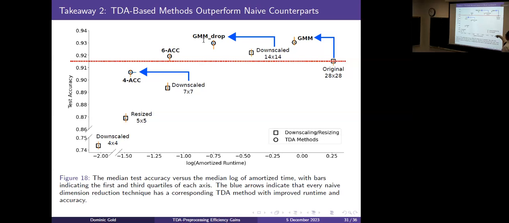This red line is meant to ease the analysis. I don't want to really consider you if you're below the accuracy of the original one. So we put that there just as a visual break so that you can see everything above it. But yes, every single one of the non-TDA methods has a method in the TDA space that absolutely beats it in terms of timing, and at the exact same moment is more accurate as well. So that was one really nice take, and that's one really nice way to see it.